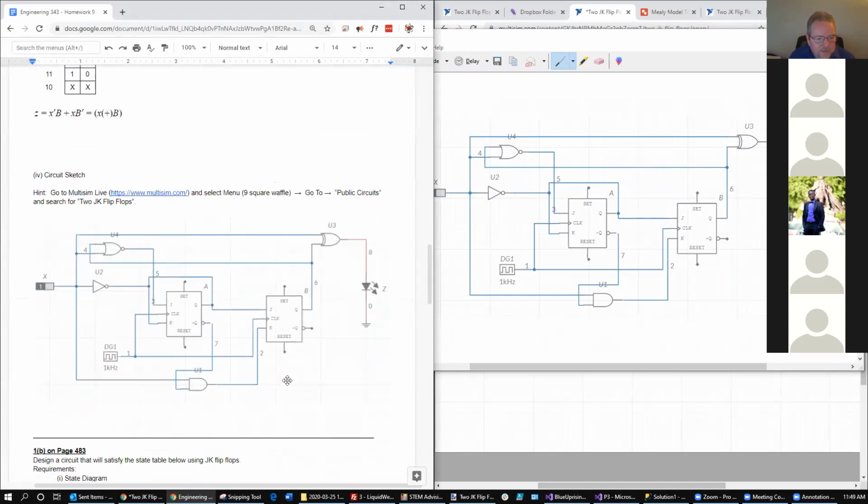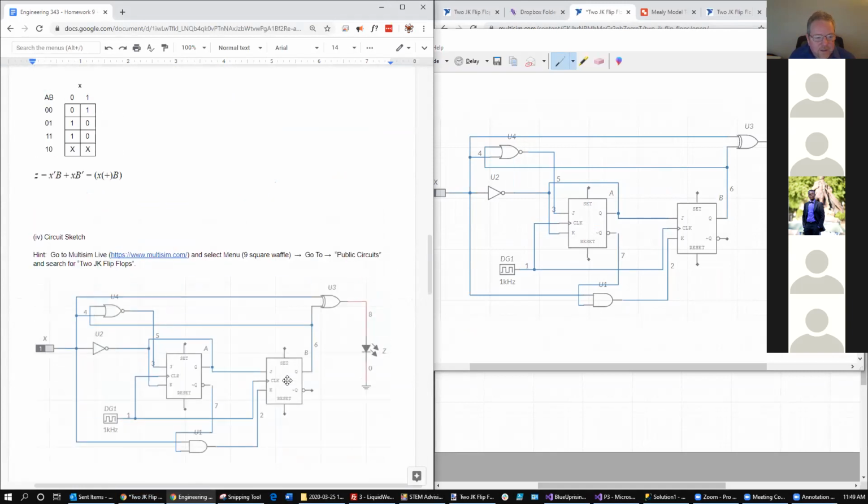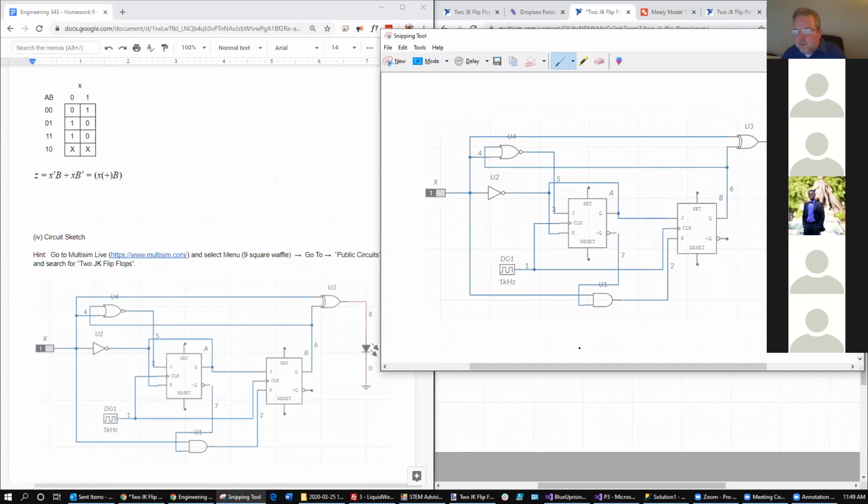So there's that step. I hope we get to the point where either we're simulating these circuits in Multisim Live, or I get a chance to build these and then show it to you. Because what can happen is it's got a clock on that thing just ticking away for that DG1 right there. And then I can have it go at 1 hertz. And then what I could do is actually watch what I do with X, and I would see the outputs of A and B follow